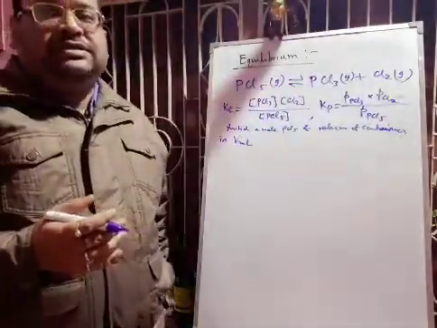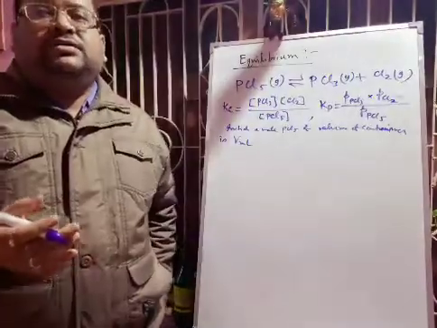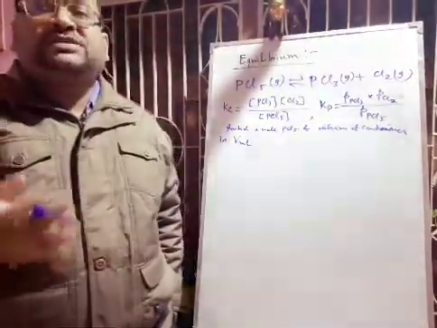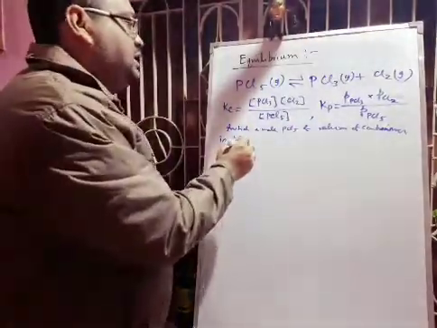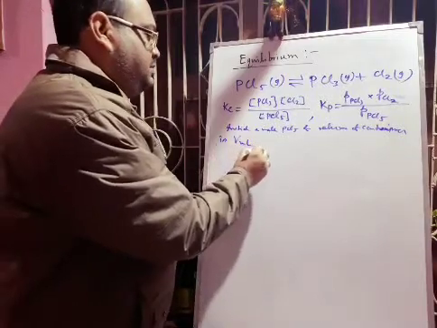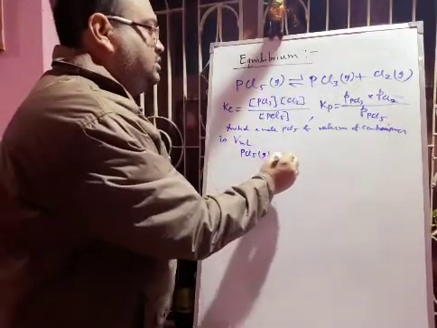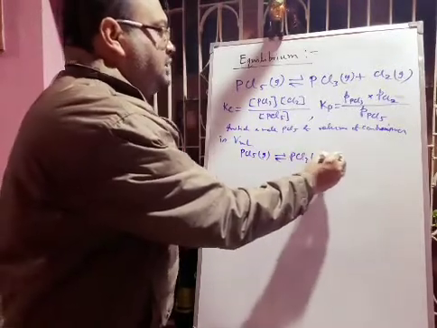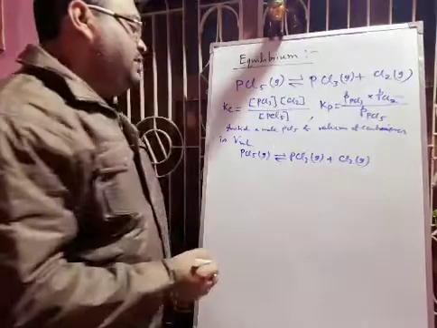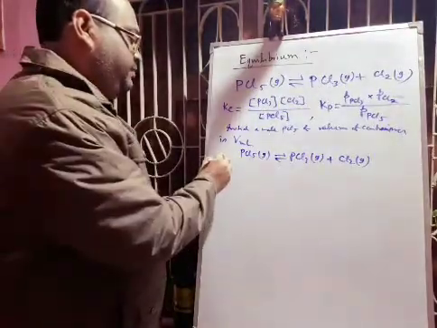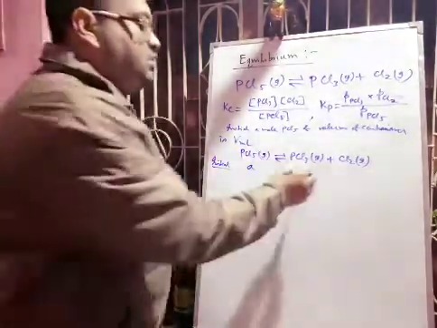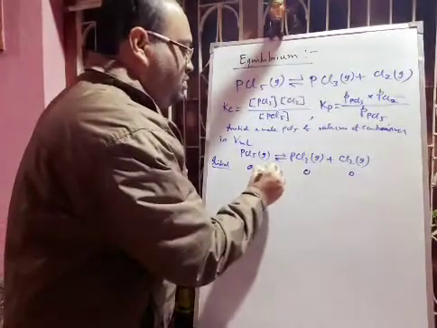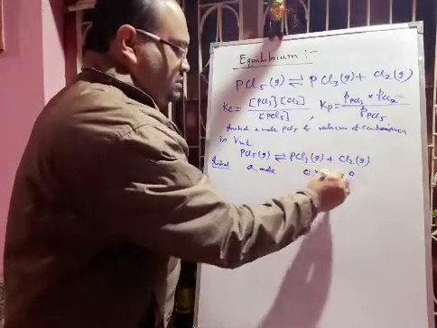When they are in equilibrium, both the forward and backward reactions have the same rate. And here suppose at equilibrium x mole of it is dissociated, then we can write this equation again. Then you can easily understand that PCl5 gas is dissociating into PCl3 gas plus Cl2 gas. Now in this case, initially this was A mole, and this was 0 mole, this was 0 mole.